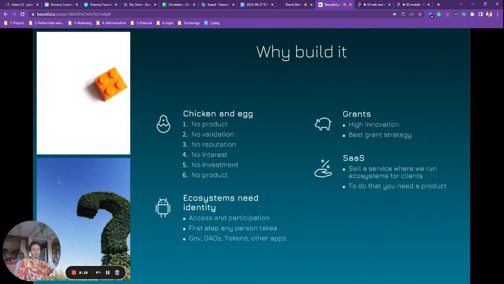So why build it? Right, so we've been planning for quite some time, and we've applied to some grants, we're talking to some partners. To a fair extent, we're coming up against a chicken and egg problem. Because we have no product, we're not generating any validation that we can do what we say we do, we're not getting a reputation, people aren't interested, people aren't investing, and therefore we have no product. So it's a bit of a circle,